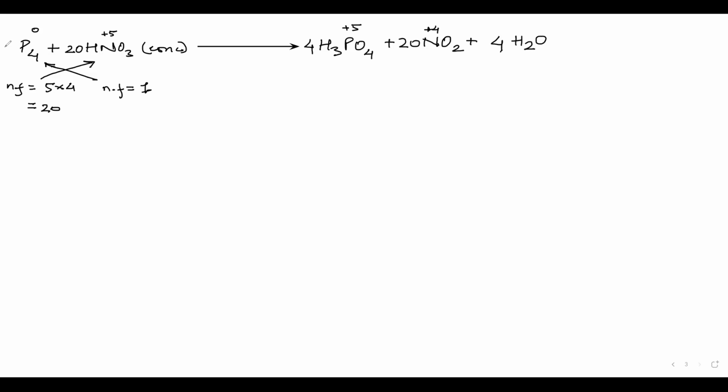Next reaction. See, this was the first reaction. The second reaction is, let us take sulfur, S8. Sulfur is in its allotropic state. You will find sulfur in the S8 state plus HNO3, which is concentrated. When you give an arrow, what will you write? What will be the products, Mariam? Oxy acid of sulfur in -ic form.